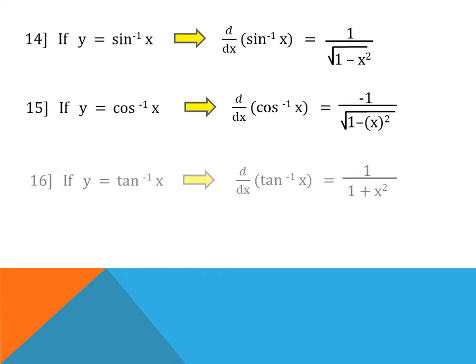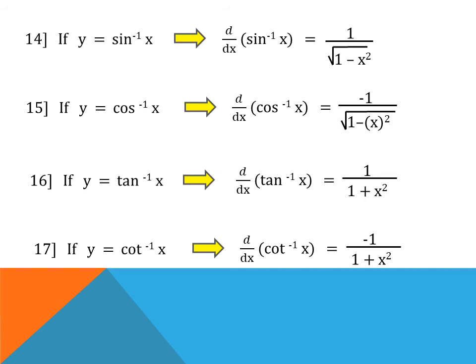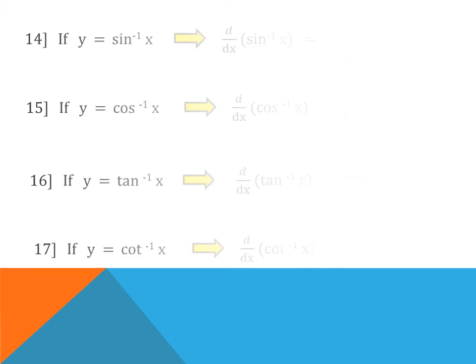Now lastly we have the derivatives of some inverse trigonometric functions. So we have derivatives of sin inverse x, cos inverse x, tan inverse x and cot inverse x as follows. So now that we have understood the standard formulas, let's go ahead and look at the four basic properties of derivatives. So we'll need to use these properties when we want to find the derivatives of functions that are being added or subtracted or multiplied or divided.